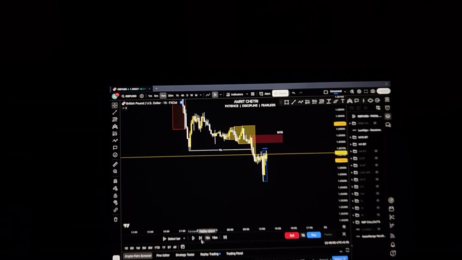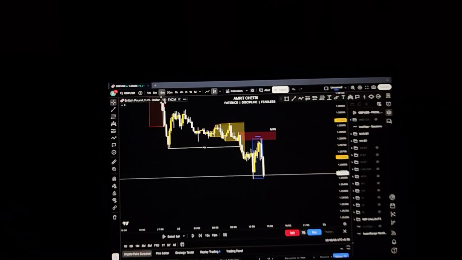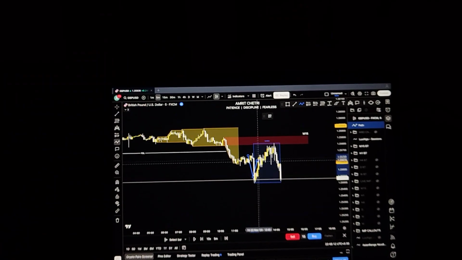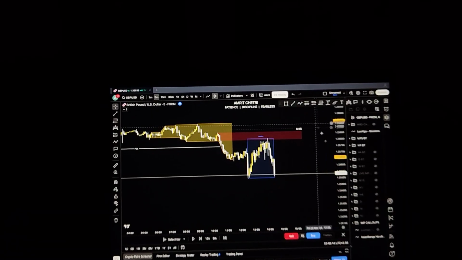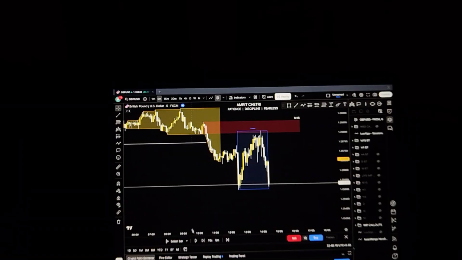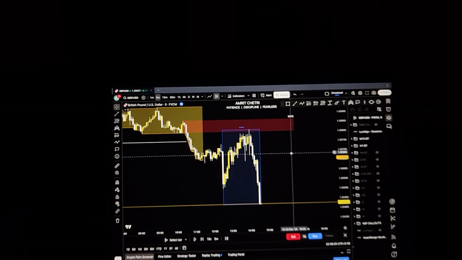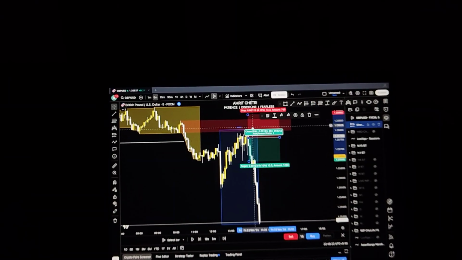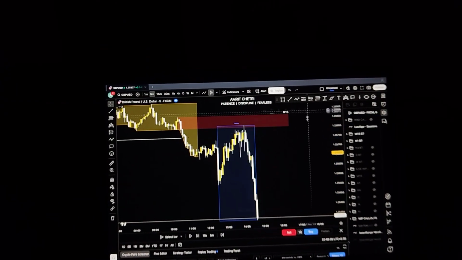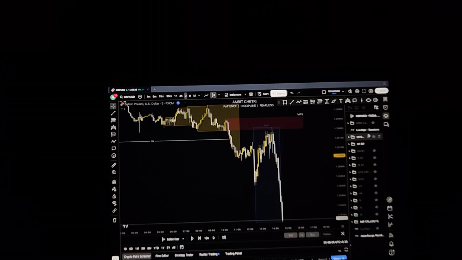And the London session literally started, our session started, and my supply zone did get mitigated perfectly, and this would have been an M1 entry. As you can see, the M15 supply zone got mitigated, and that is when I can guarantee you for a fact I would have gotten a beautiful entry on M1 somewhere around here with a stop loss above there, and we could have targeted a 1:3 easily. So Friday was also a winner, as you can see right here.